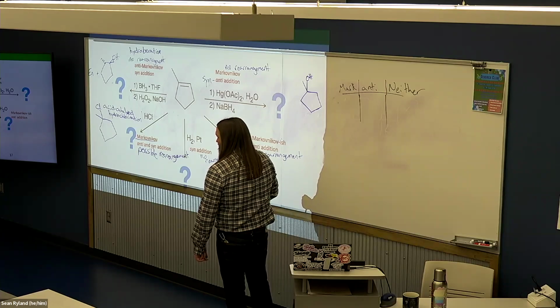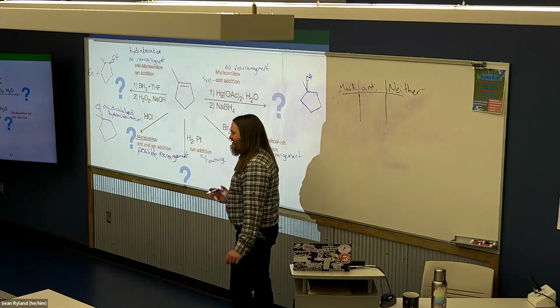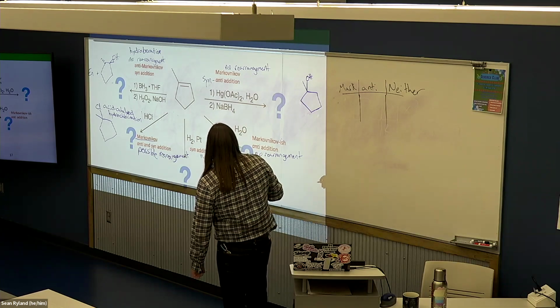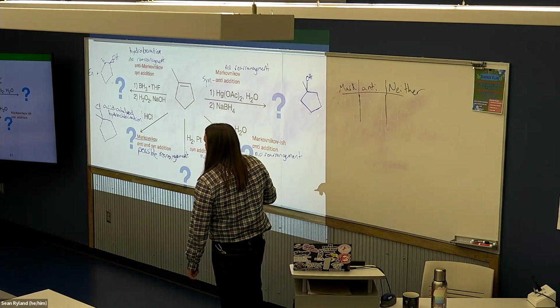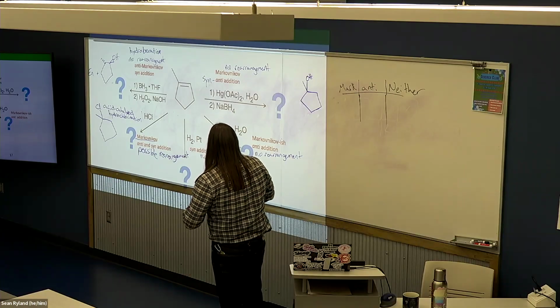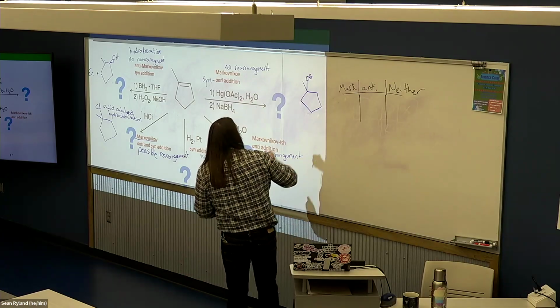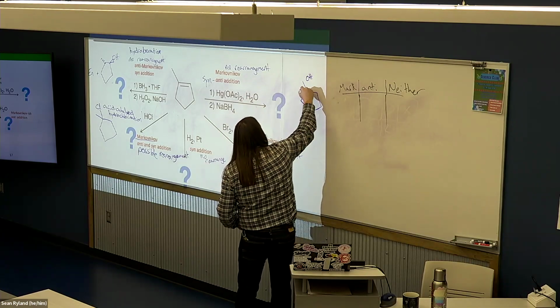Yeah, bingo. The more we spend time with this, the more it's gonna make sense. That's oxymercuration. Good. The oxymercuration step is anti, so if we were drawing the intermediate,